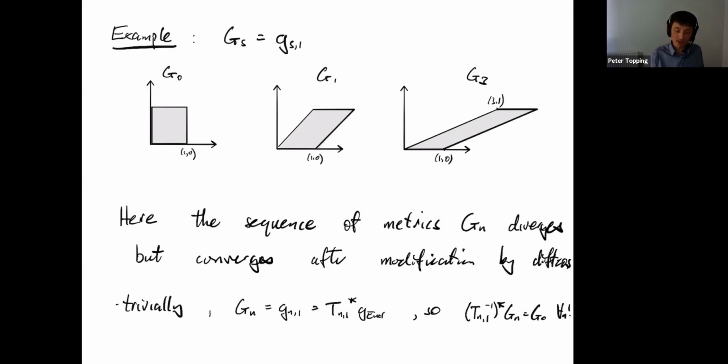Now, all these metrics here are actually the same metric in the sense that, just by definition, you can find a diffeomorphism which isn't homotopic to the identity, which twists the torus so that it pulls this back to this and pulls this back to this. So if you look at the integer points, G1, G2, G3, you'll actually essentially, modulo diffeomorphisms, have the same metric, so obviously they converge.